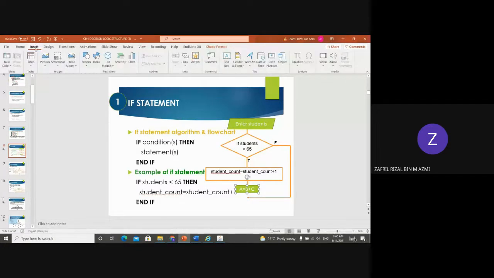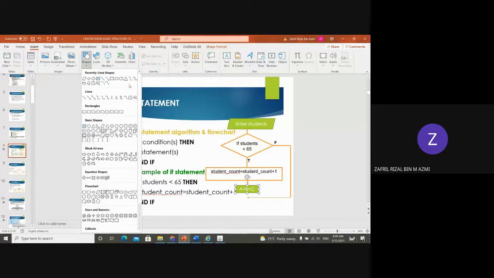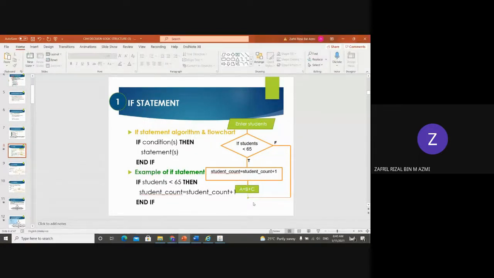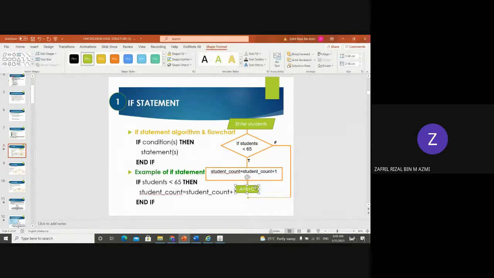It should be like this. Arrow. So it will skip. If you want this statement to be executed only if it is false, you put it over here. But in this case, single selection, no statement. For single selection, no statement. So let's say if this is the situation,